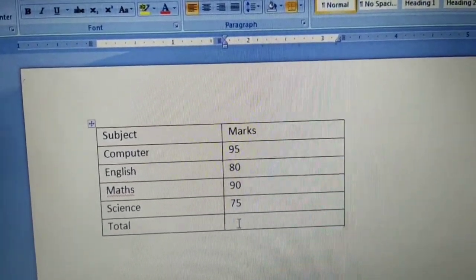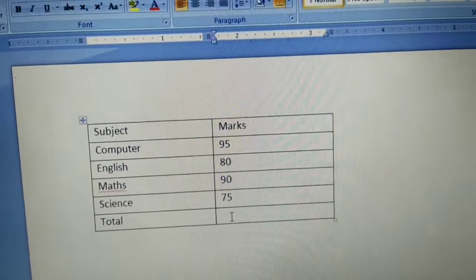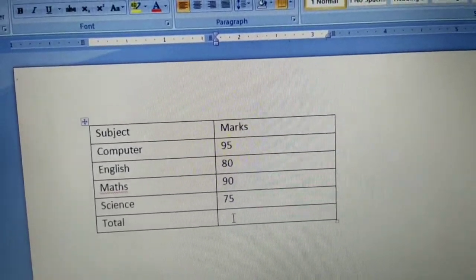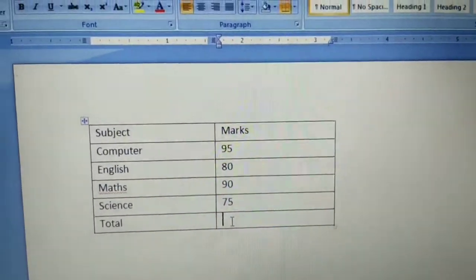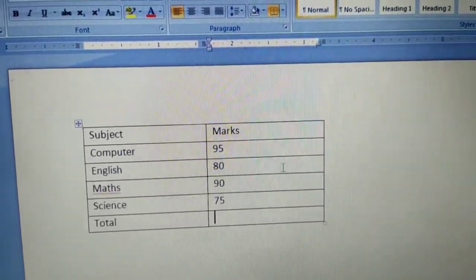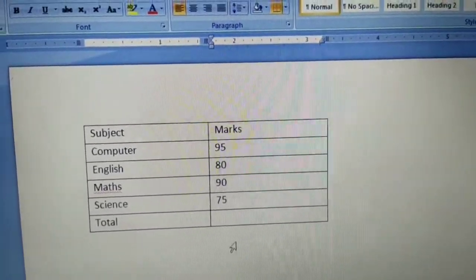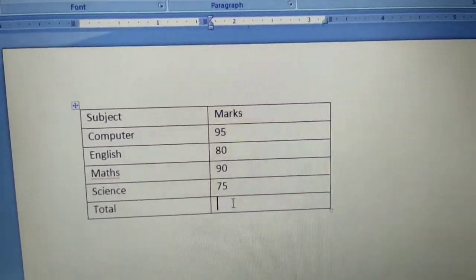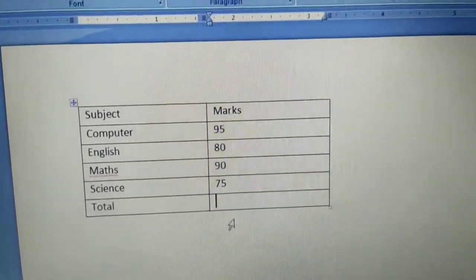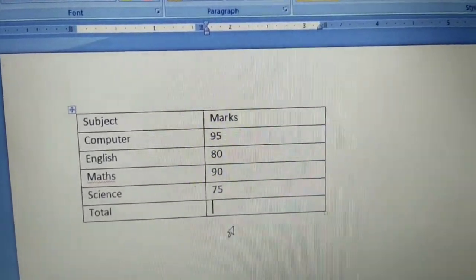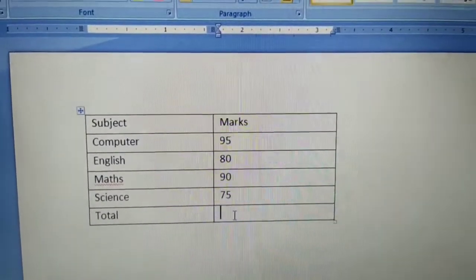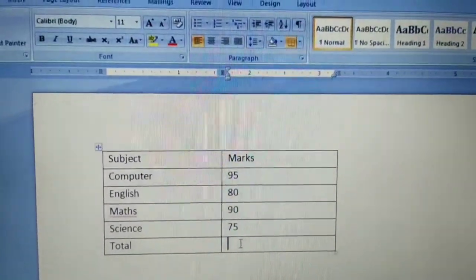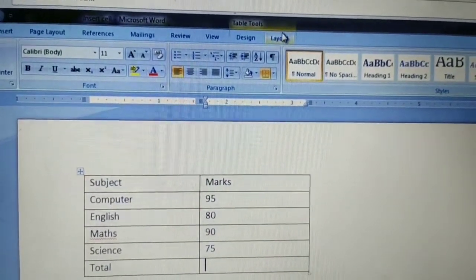Since we want the total here, we will keep the cursor where we want the result. Suppose I want the result in the next cell, I can keep the cursor in the next cell also. So I'll keep the cursor here, then I'll go to the layout tab.